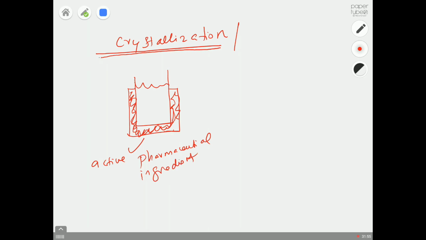Say we have 20 kilograms. So let's add it into this one, and just assume we have 1 liter of some solvent, say water. So this is your solvent,